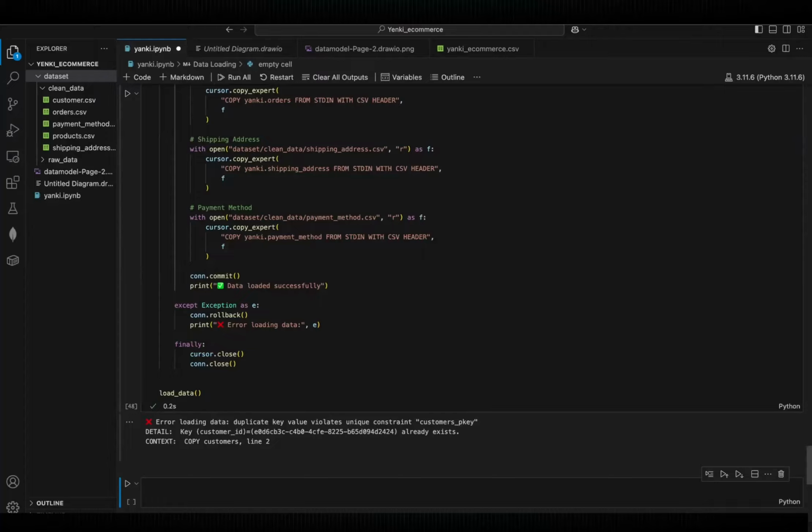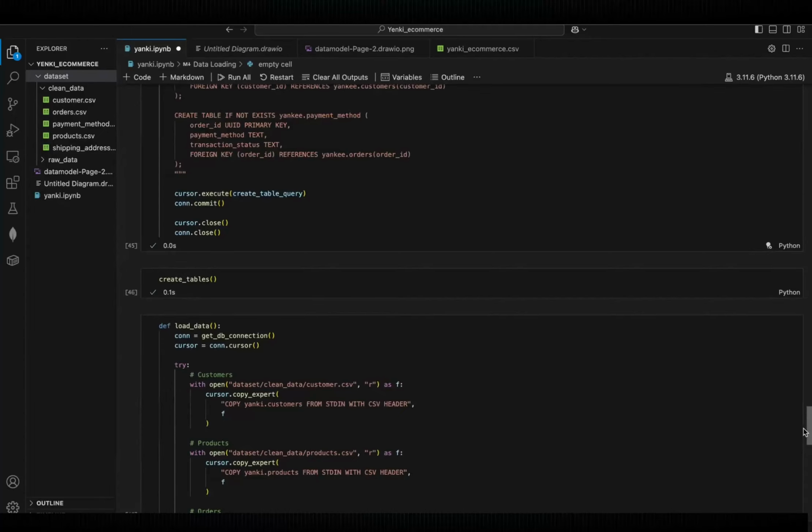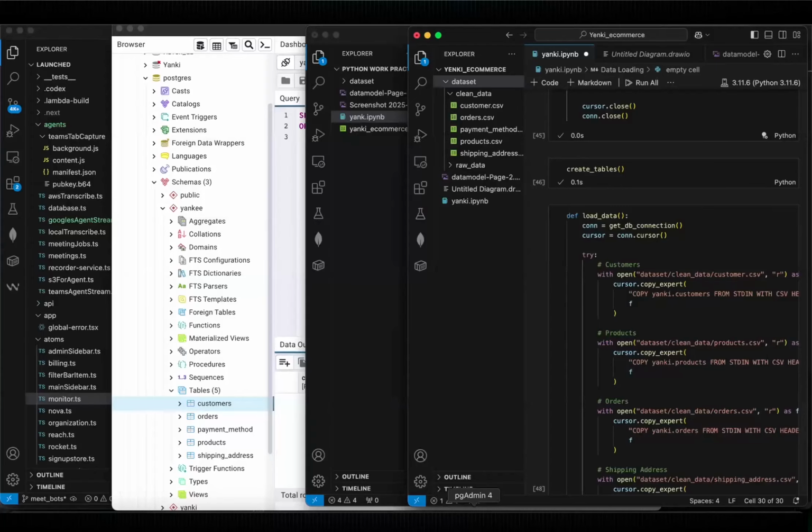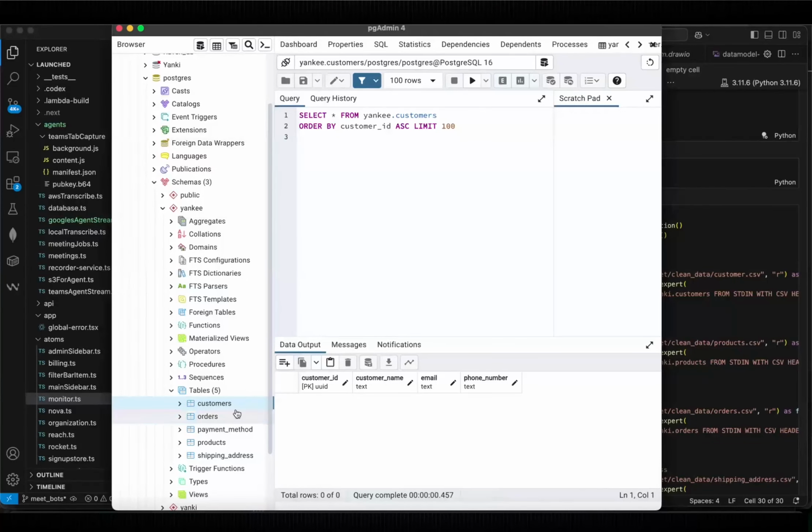Okay, it's telling us it already exists. Duplicate key violated. So let's check. It should work like this, because actually I've loaded this same data into the database. So that's what it's all about. So let me see whether